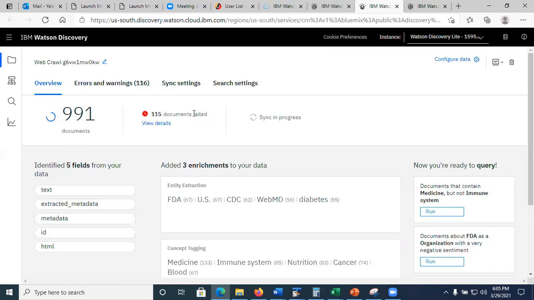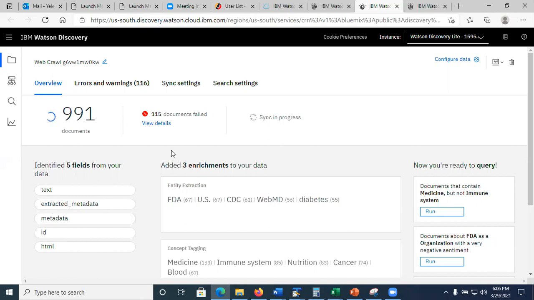I have some documents that fail, but I don't care because I have enough documents to look at, okay? Sometimes a document requires a password. It could be password protected, it could be numerous reasons. Another thing is that you can set how often you want to refresh the data, right? It looks like it's always running, right? But you can set, for instance, you can set the new email. Oops, sorry, not new email, but